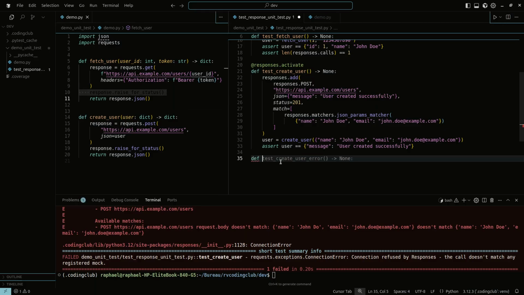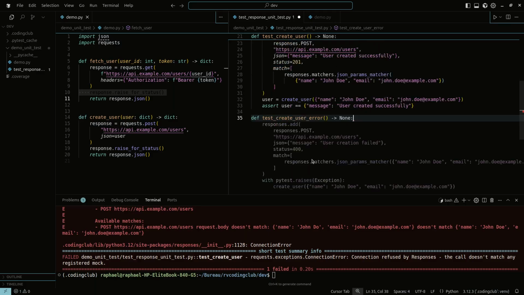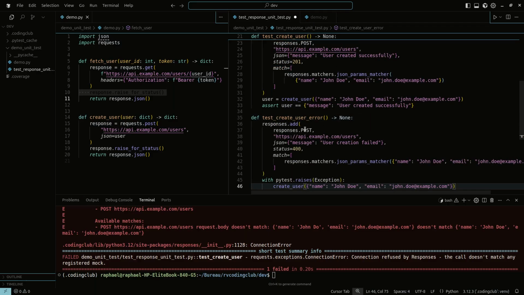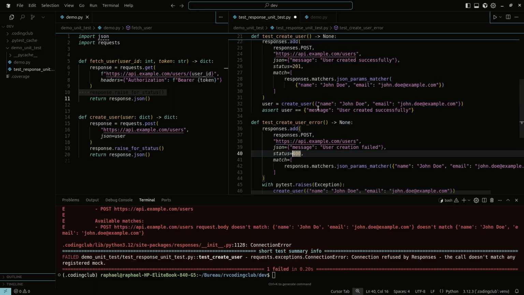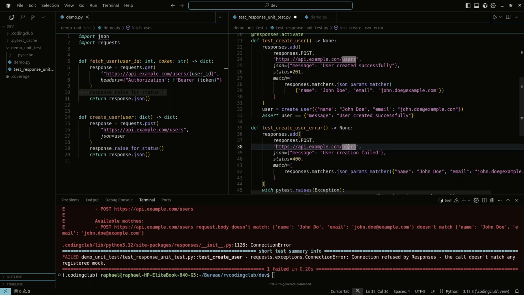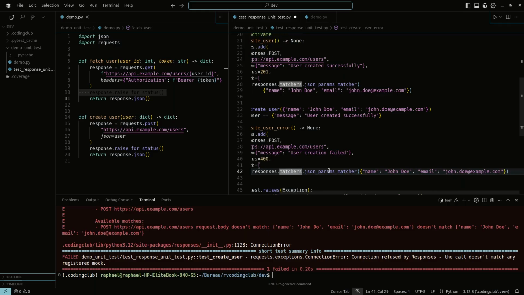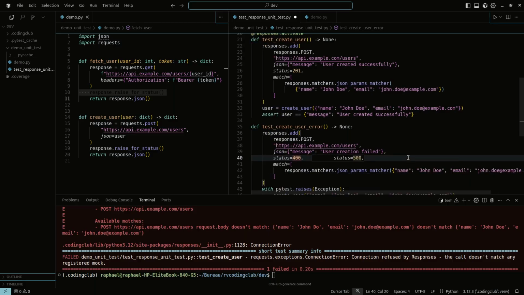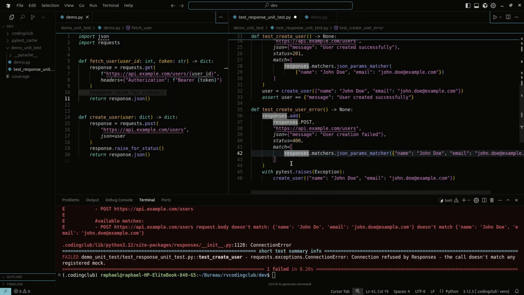To do so, we can define a test called test create user error. What it will do, so the same, but this time we are still matching. We are still expected to match a call to users, but this time we will raise a 400 error with an error message. We are still expected to match this payload provided in the call, but this time, let's say there is a functional error, and for example, this user already exists, so we return